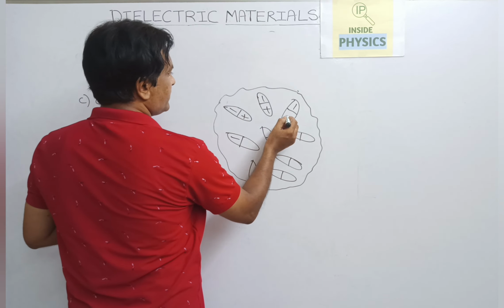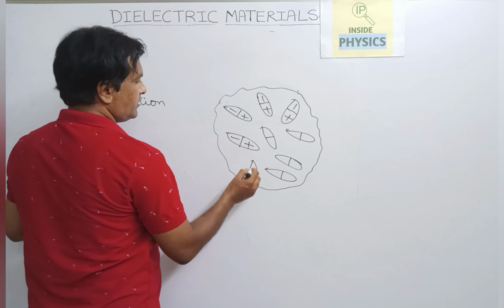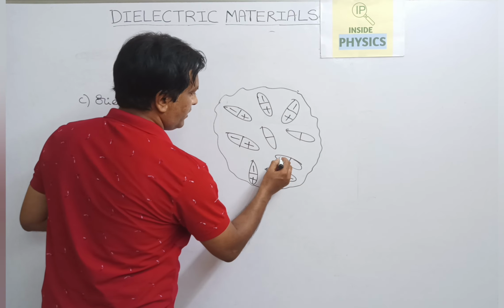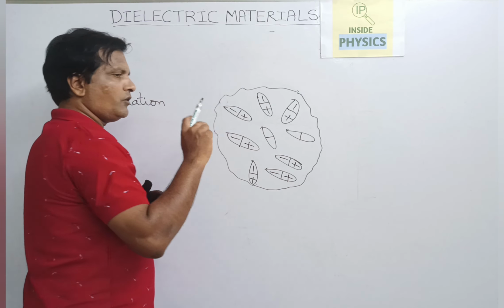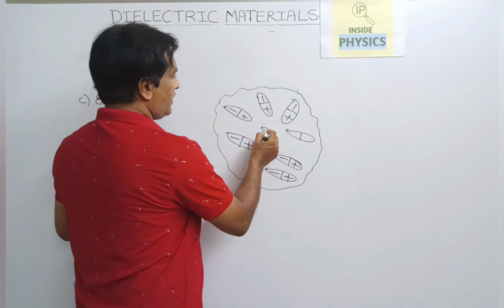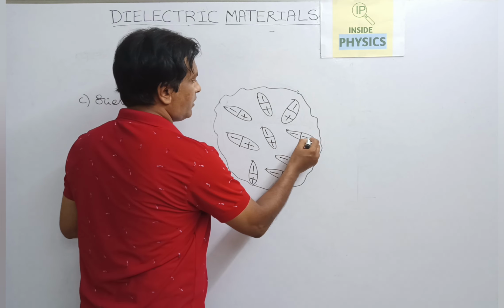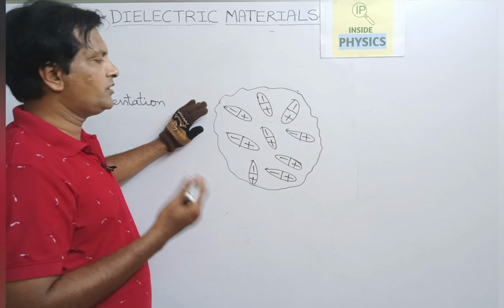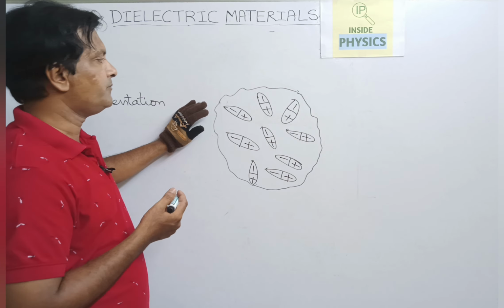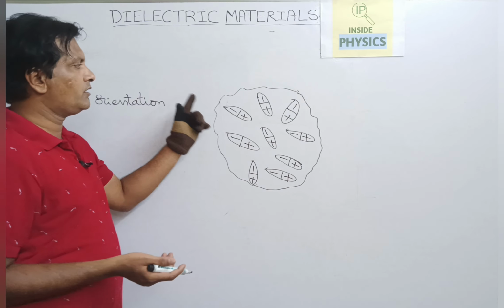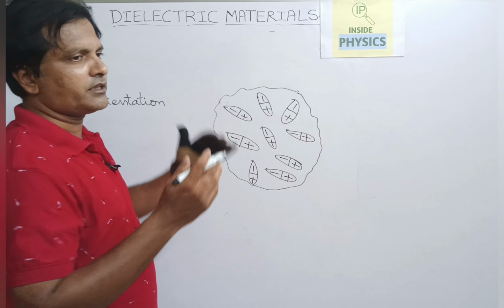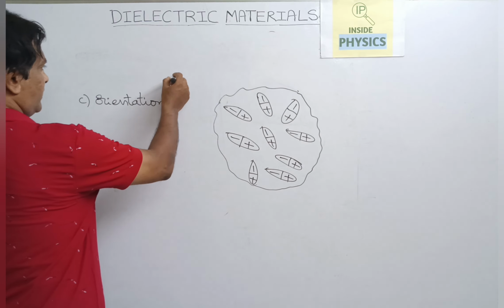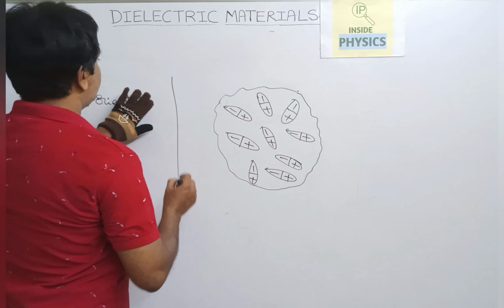So when it is divided into two parts, the negative and positive part, all the dipoles have some intrinsic dipole moment, and the dipole moment is oriented in all directions. So the net dipole moment will be zero for this kind of orientation, because all the dipole moments in all directions will be cancelling each other. So if you apply an external electric field to this material,